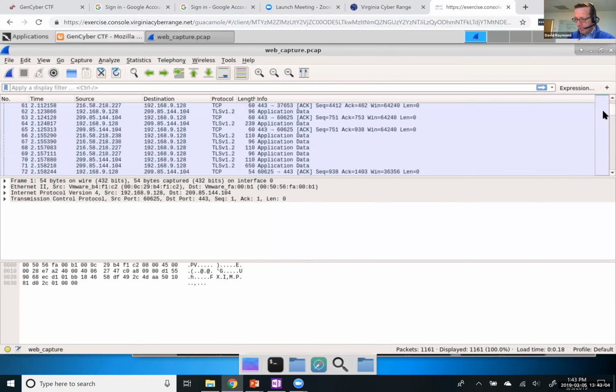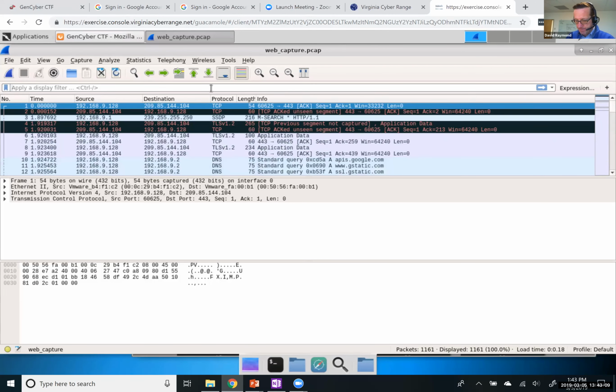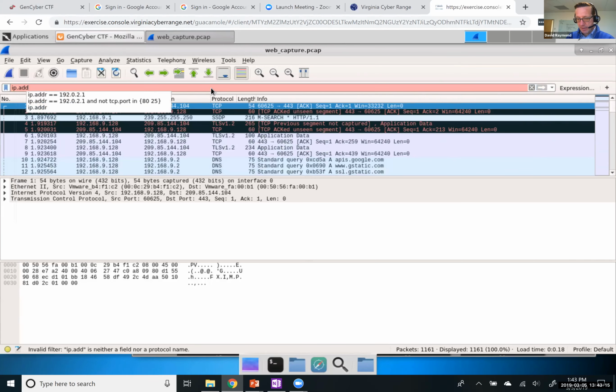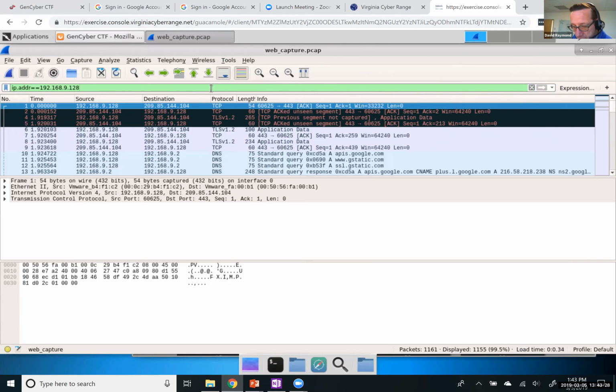network traffic, right? And we're looking for a particular device. So let's say ip.addr equals 192.168.9.128. And that's going to find all packets to and from that IP address. And so I see here at the very top, source address 192.168.9.128. And so I'm going to select that packet. That's already selected. So when I select that packet, what I see down here,